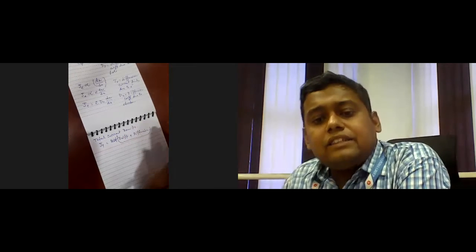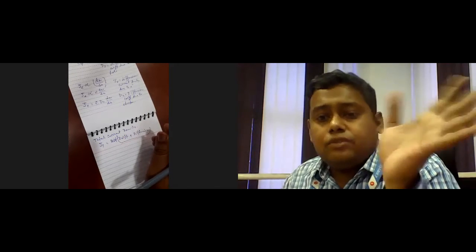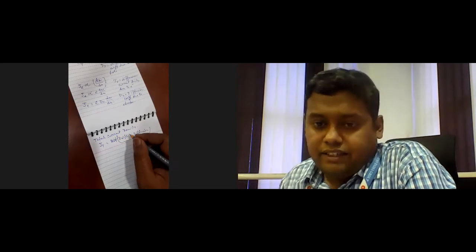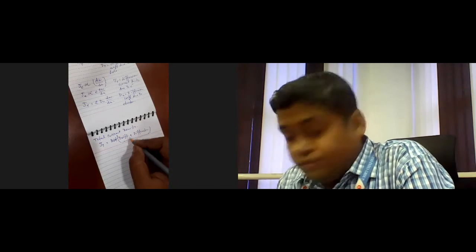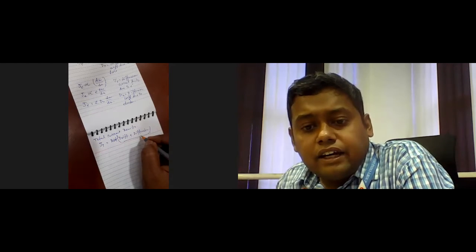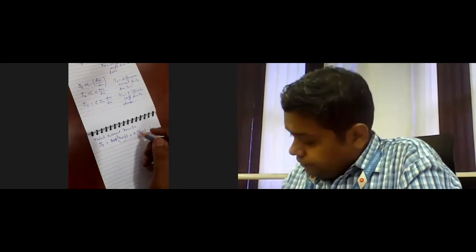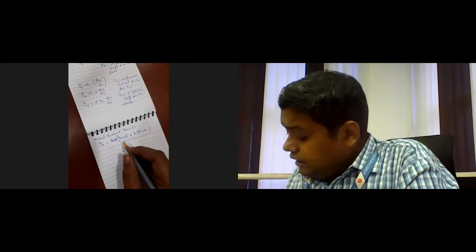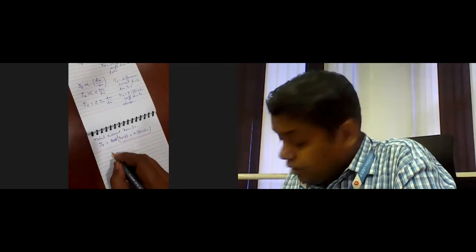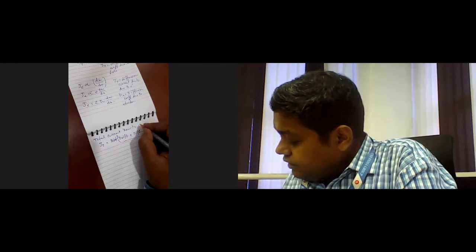So total current density is considered inside the semiconductor material, that is the drift current density and the diffusion current density. When we consider the drift current density, that is generated due to the electric field, and diffusion current density is generated due to the change of the concentration gradient, that is the carrier moving from the higher concentration level to the lower concentration level. So if we consider the drift current density due to the hole,